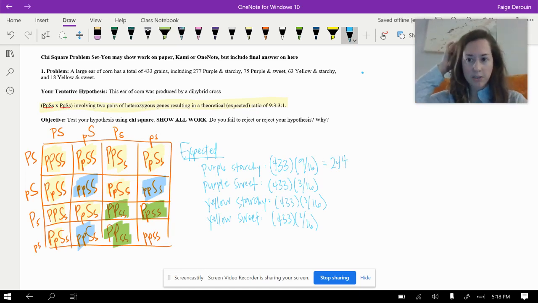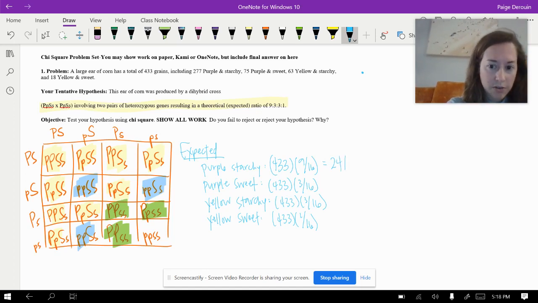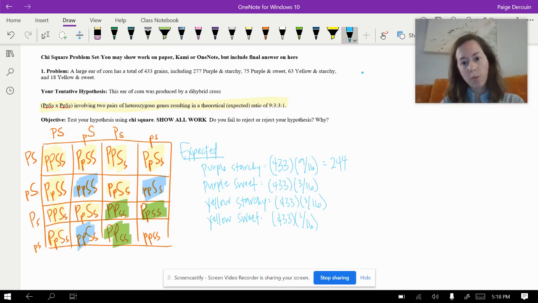The reason you round is because you wouldn't have half of a corn kernel that was purple and starchy. So you can just go ahead and round. If it's rats or whatever, you would also round to the nearest whole rat. All right, so then for